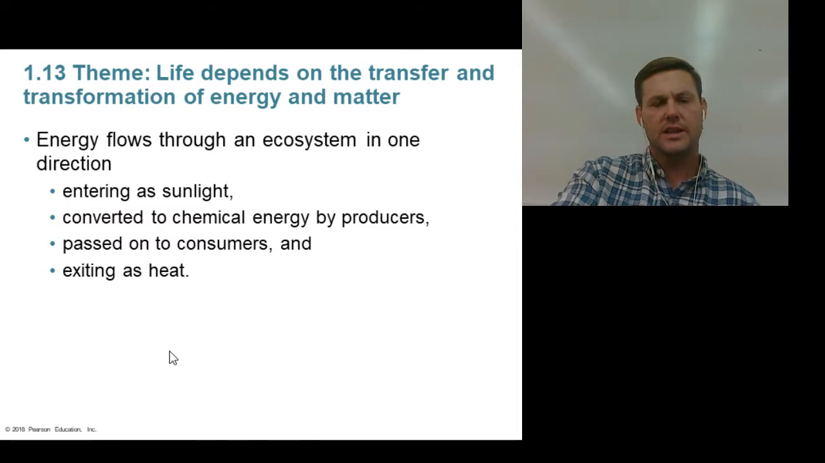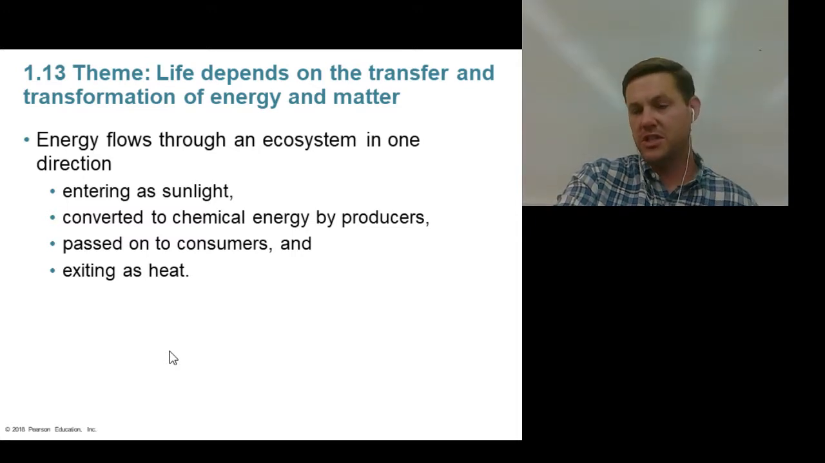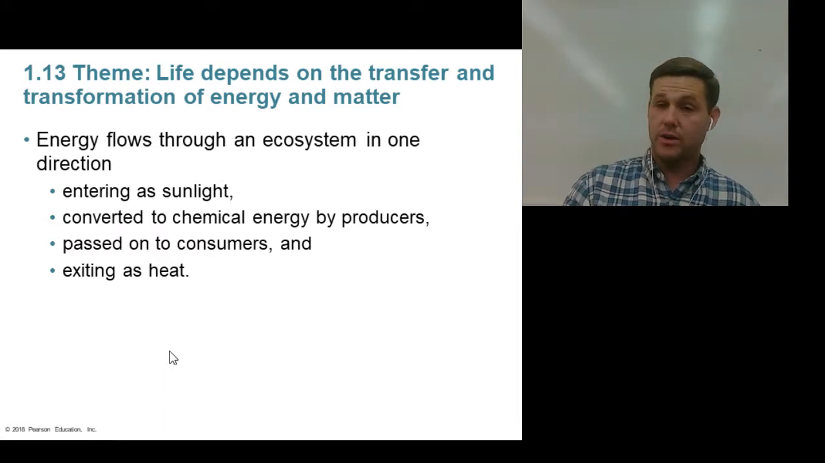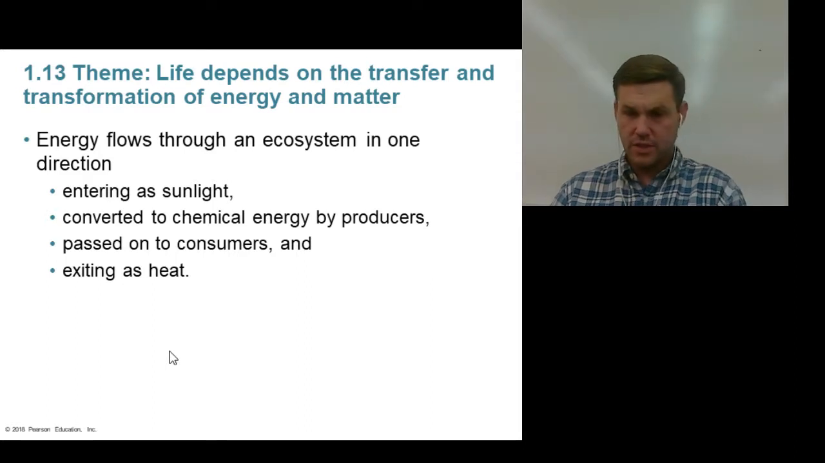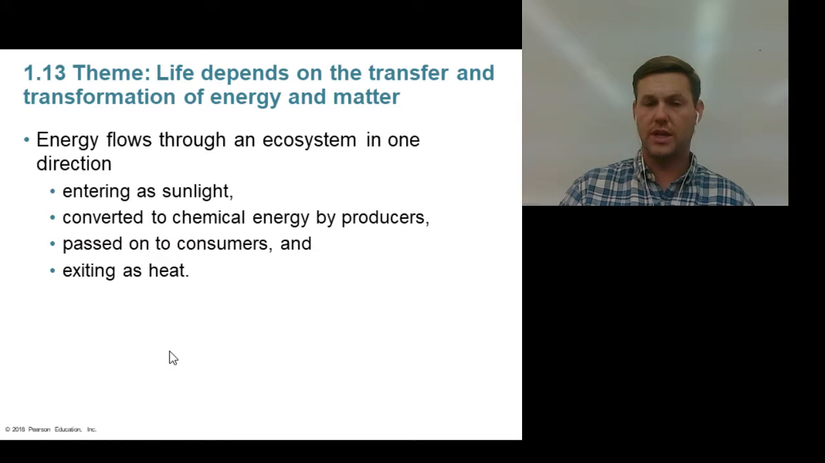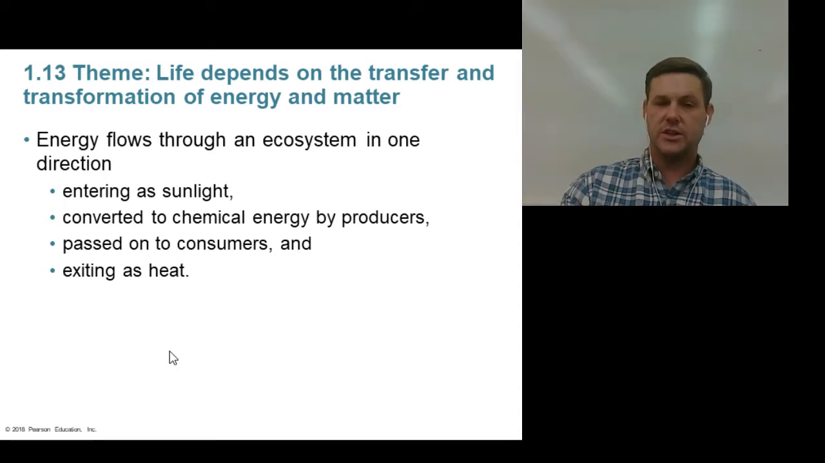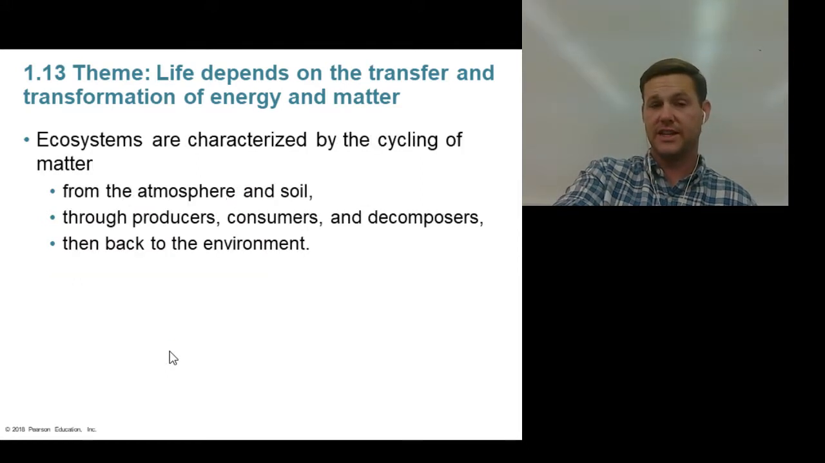Next, life depends on the transfer and transformation of energy and matter. A couple things: energy cannot be created or destroyed, matter is transformed. This interaction between energy and matter fuels living things. So energy flows through the ecosystem in one direction. It enters as sunlight, is converted to chemical energy by producers, is passed on to consumers, and then exits as